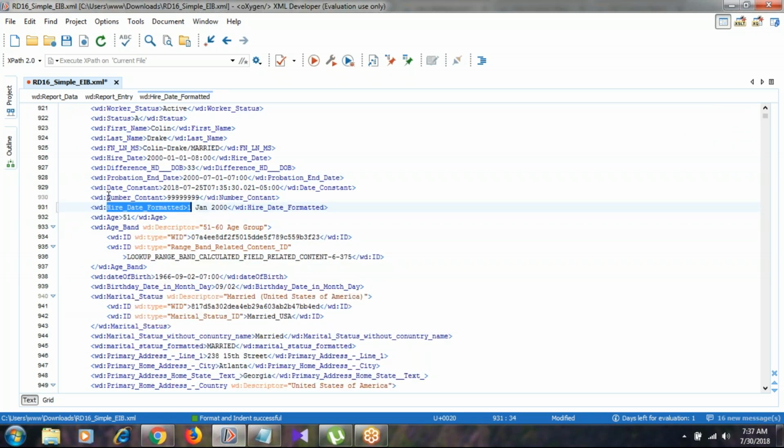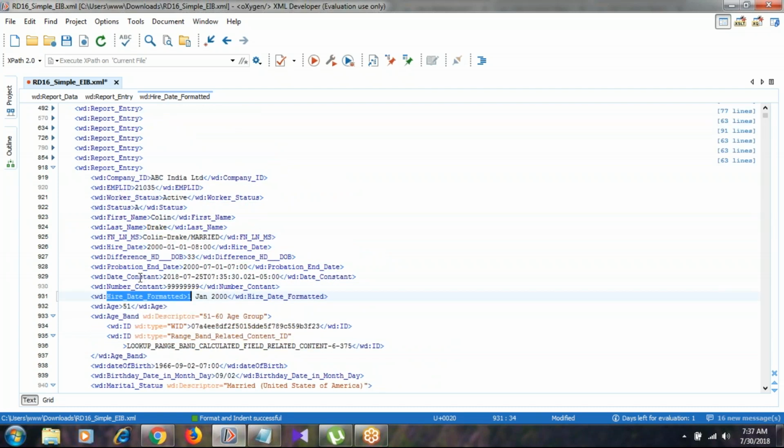Many of them are our calc fields we created. We created a constant here. The concatenate calc field combines first name, last name, and middle name. We gave some name here, so Colin hyphen Dranke slash married. This is a concatenate calc field, and it is stored here.